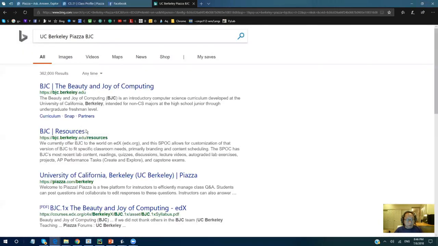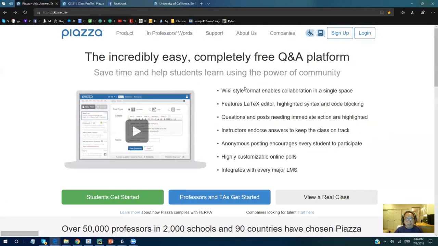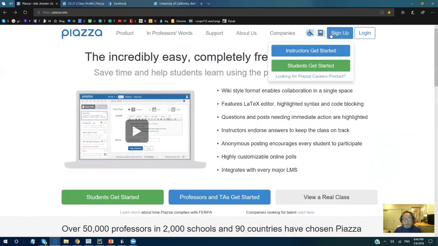Okay, so let me see. Here, for example, Berkeley itself has a Piazza account as well. It's coming up, okay? So you can type in whatever class you have for UC Berkeley. And for my school, when you go to piazza.com, you should see something like this, right? Here you have sign up, and then you say student get started,